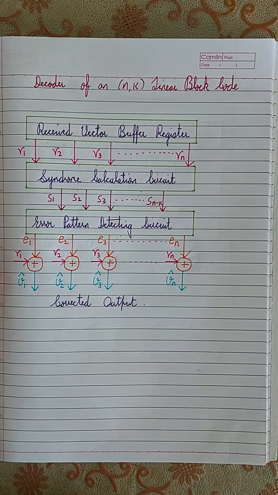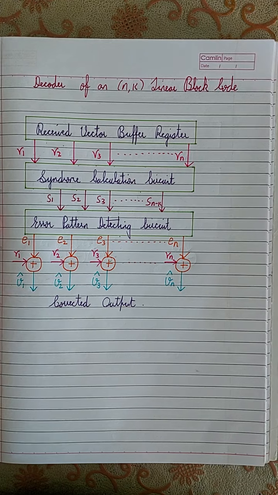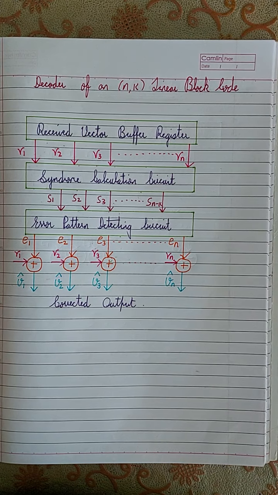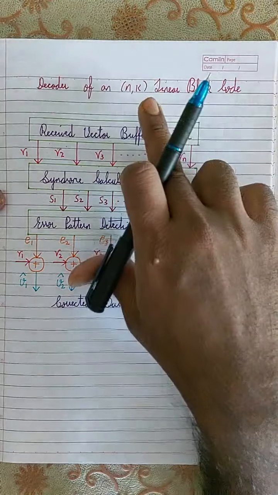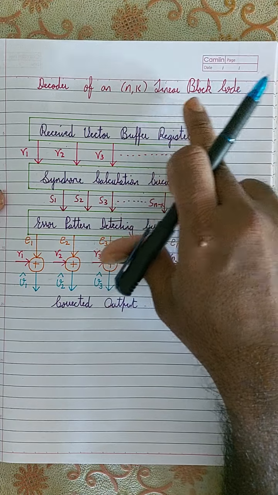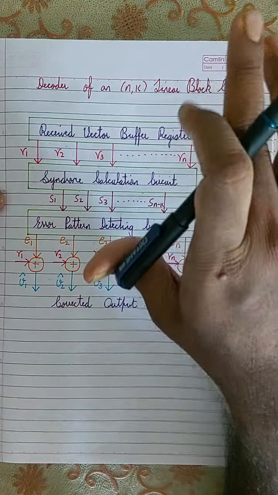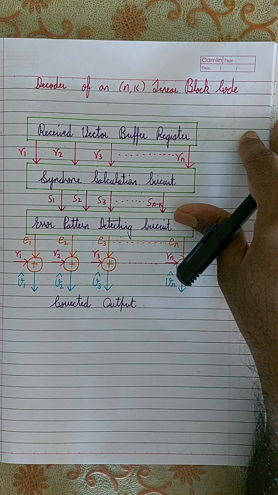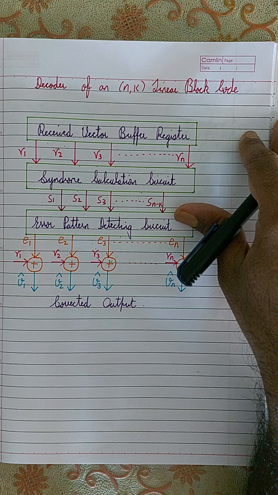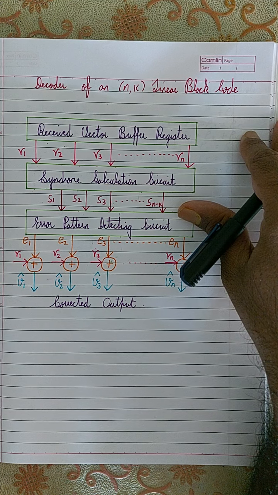Hi everyone. Here you are going to learn a summary of everything you have learned in the previous portions. This makes it the last portion in this chapter, that is the decoder of an (n, k) linear block code. So this decoder starts with everything you have studied so far, that is, starting from the generation of the syndrome, then finding the error pattern, and then finding the value of the corrected output, or the transmitted code word, right?